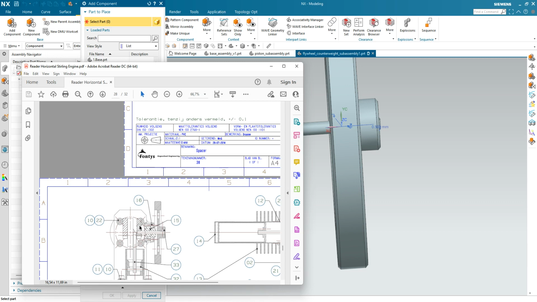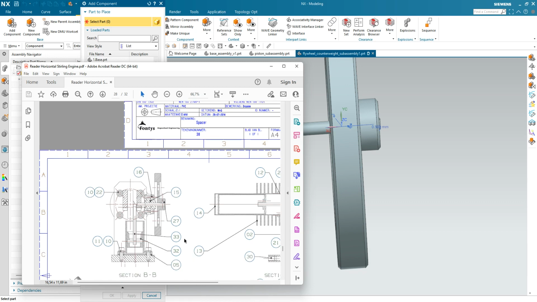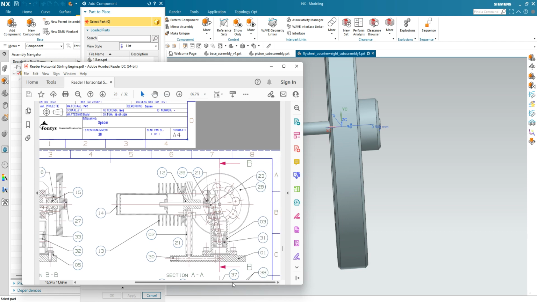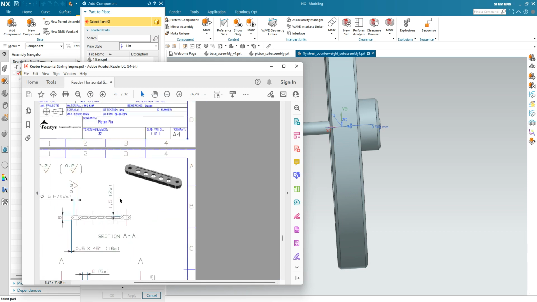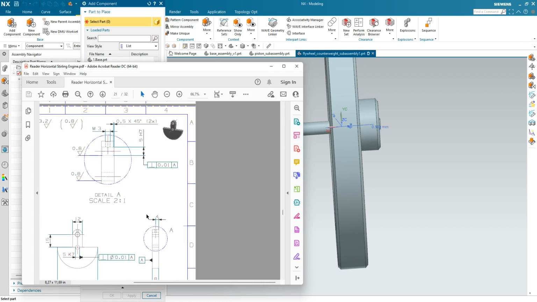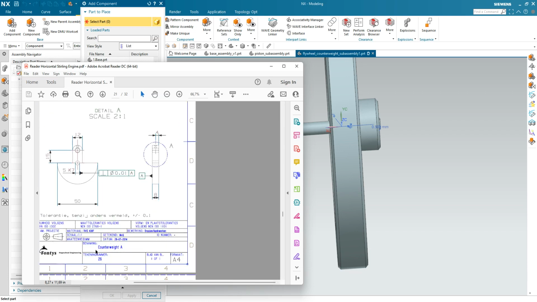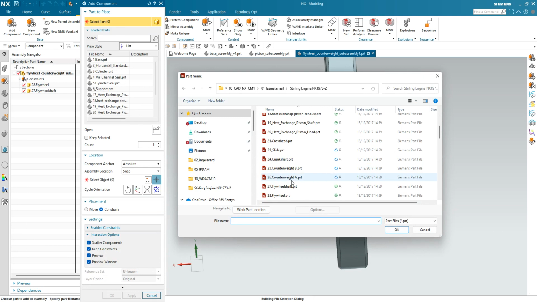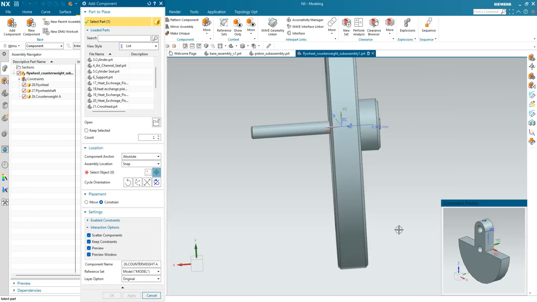This is the counterweight with the extra hole, and I cannot see in this case the number, so maybe we'll scroll down a bit. We need this number 26 to connect here. Let me see. Okay, that's correct. Select object here,